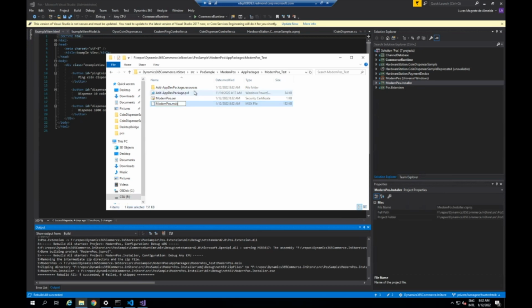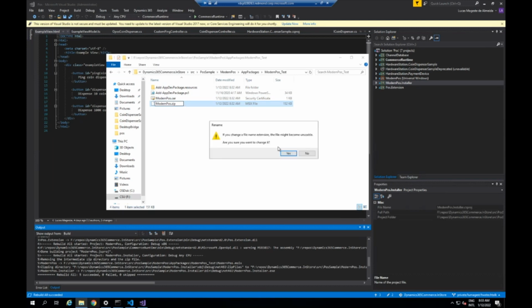This additional package will contain all of your extensions inside it, and it will be installed and uninstalled in a plug-and-play fashion, without having to uninstall the base application or any other extension packages you may have. I'm renaming the package generated here by the SDK